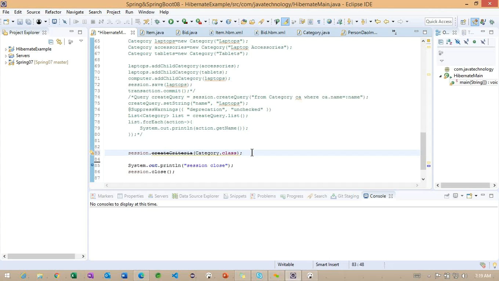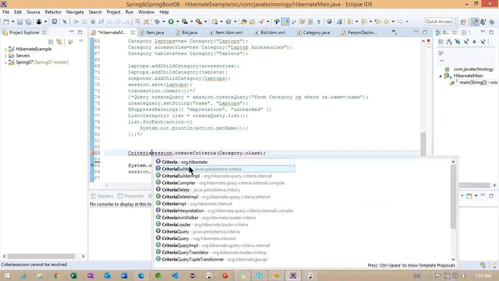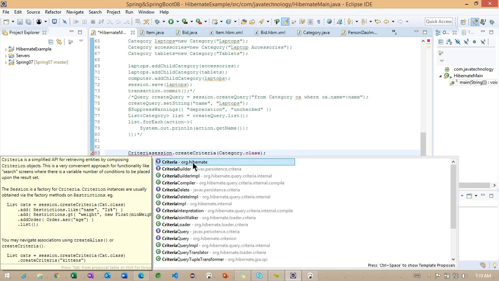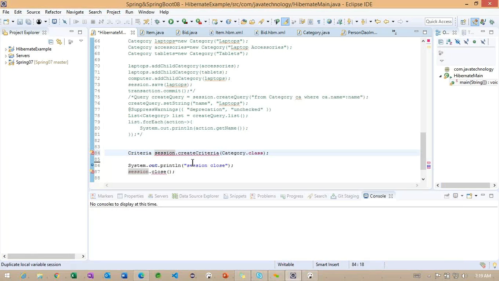Along with this particular criteria, if we want to provide any expressions here, we can make any expression using this particular criteria object. Getting the point? So criteria is coming from Hibernate.